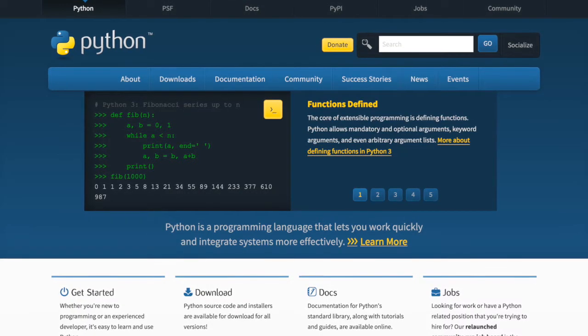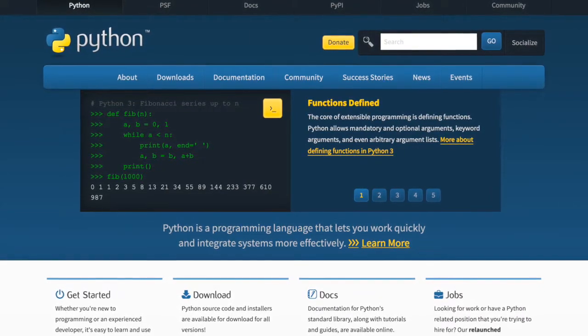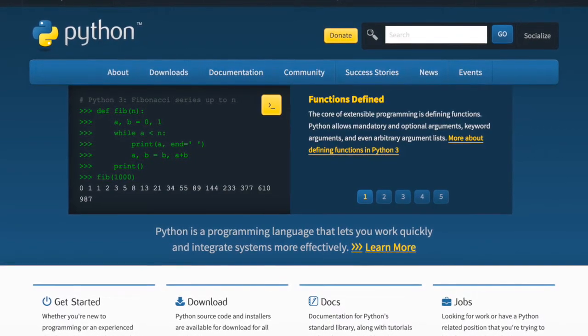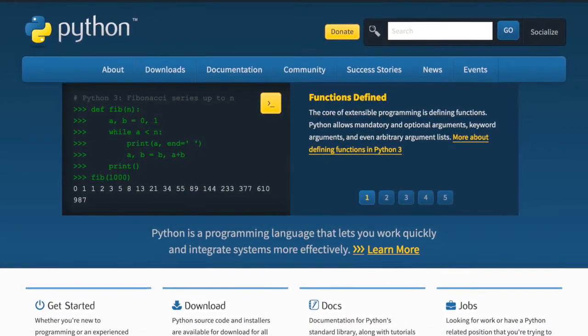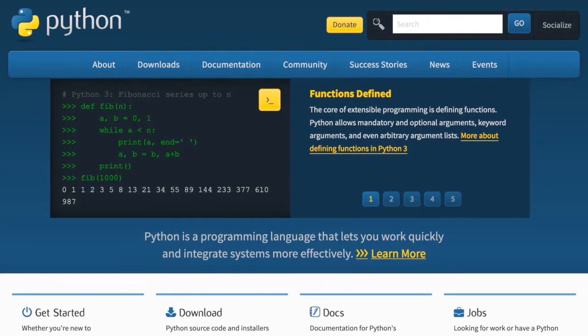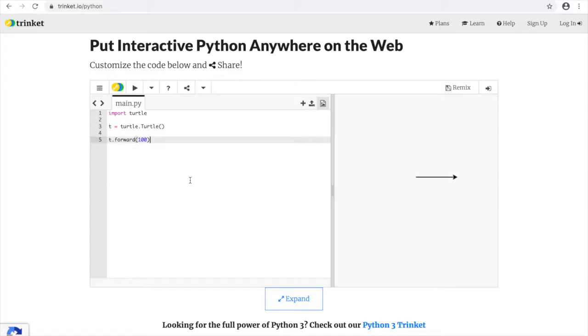STEMinism here. Today we're going to be taking a look at an intro to Python. So Python is a pretty flexible and powerful programming language, and good news is it's pretty easy to learn. So what we're going to do is we're going to get started with